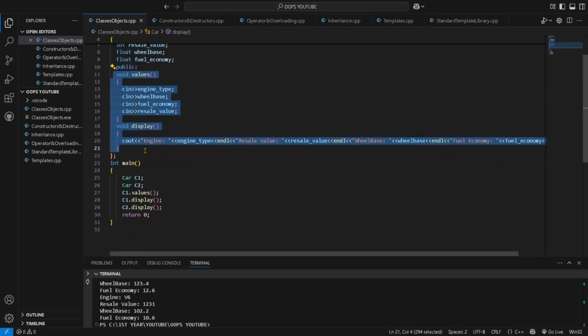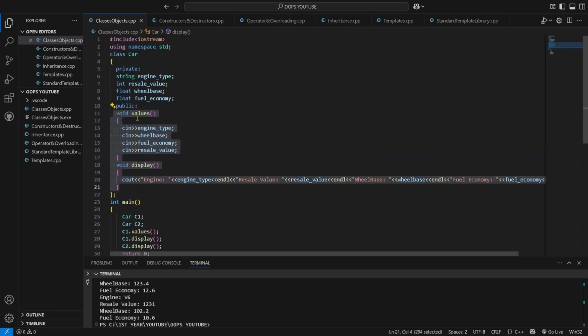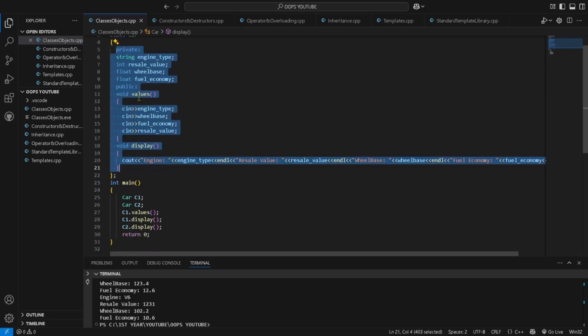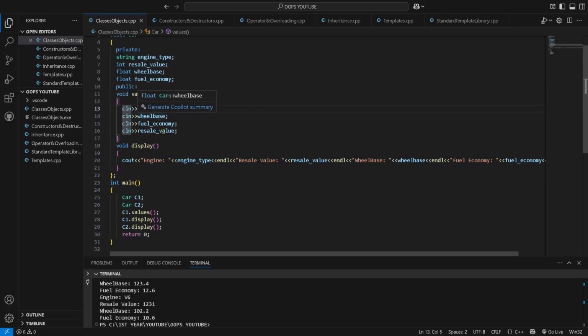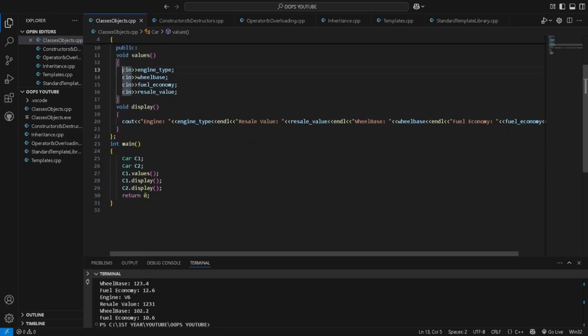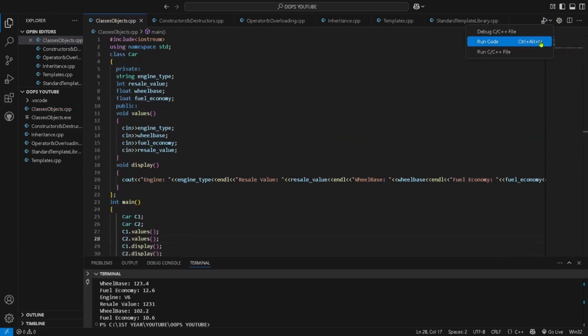And what happens is I called C1.values. So the C1 object is calling C1.values, which means it goes here. Now C1 has all these things. Now C1 will call the function values, and it starts taking the values engine type, wheelbase, fuel economy, resale value. After that, it will try to display everything of C1. How about I take in every value of both of the objects and then display it accordingly? There. And if I run the code,